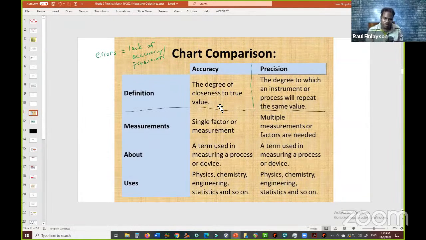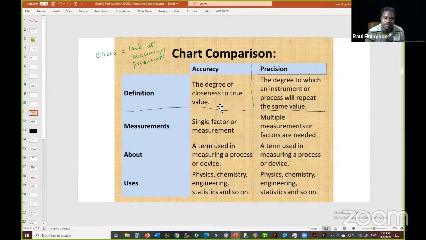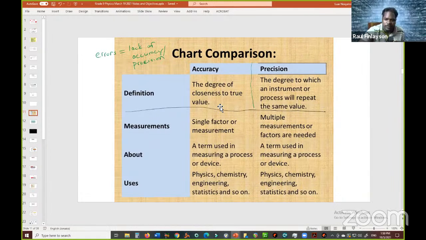Now, if it's a new instrument or a well-made one, then it should hold up over time. But if not, then it's going to lose accuracy. It's also going to lose precision. That's amazing. All right, now